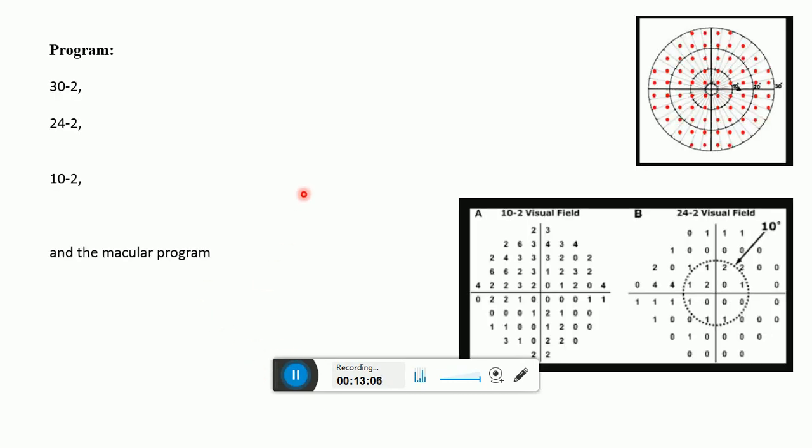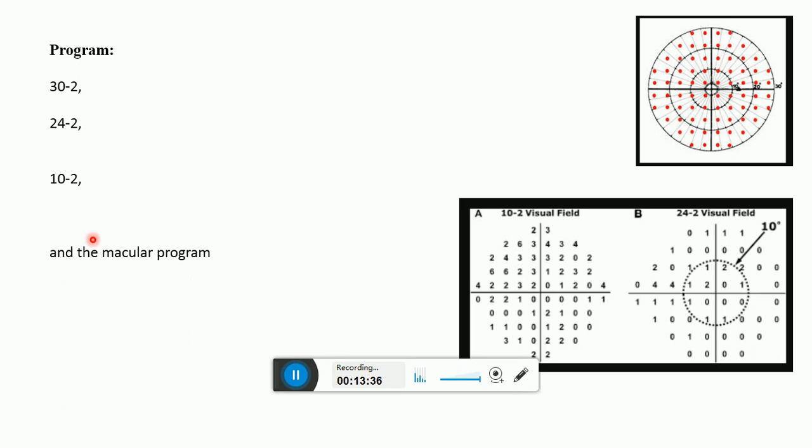Next is program. To reduce the time taken for the test and to enable the patient to carry out a test more attentively, a limited number of points on the retina are checked for their retinal sensitivity. The location and the pattern of the points tested on the retina are decided by the different programs available on the machine. For example, there are different programs, 32, 24-2, 10-2, and the macular program,